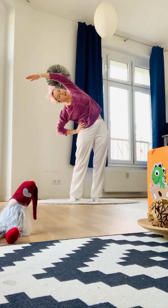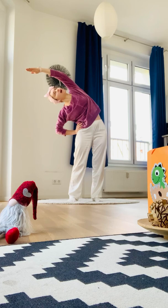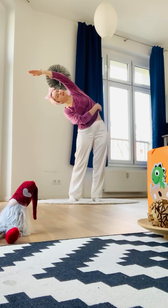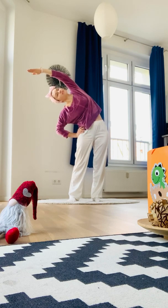Straighten your left arm in a diagonal. Look up to your fingers. Breathe and try to stretch your left side. 5, 4, 3, 2,